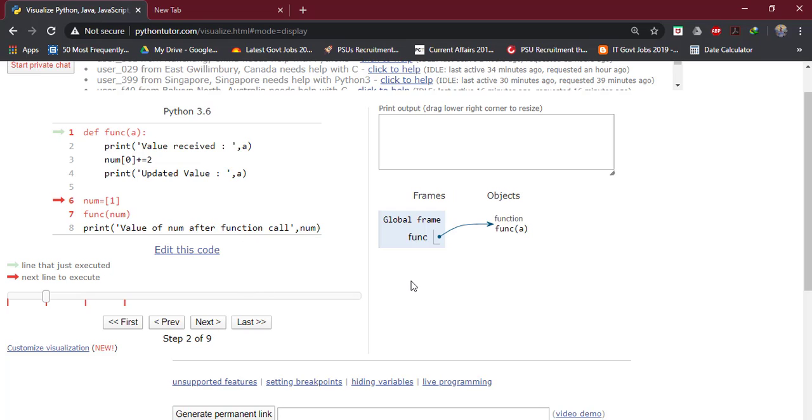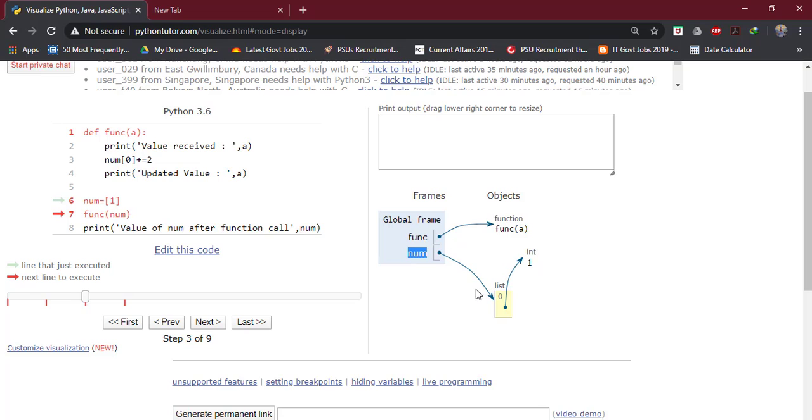Here, a global frame is created and a function is created in this global frame. Next, this statement will get executed, and it will create a list num. See, a list is created, you can see the type here, and the variable name is num. In this list we have only one element.